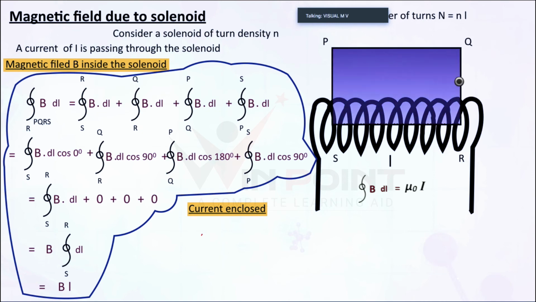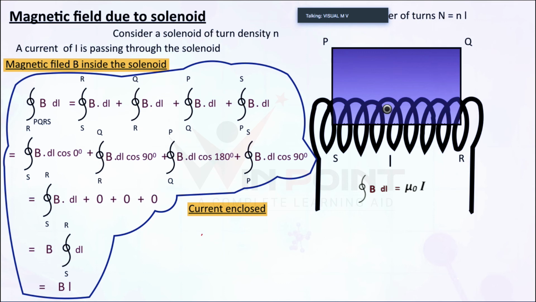This is the total area of the loop. If I am considering all the current, it is a circle, right? One current is going in, the other current is coming out. Before, I was explaining that in a solenoid, one current is going in. If I cut this solenoid using a plane, one current is going in, and from the other side that current is coming out. That is a specialty of this circle. One current is going in, minus I, the other current is coming up, plus I, so it will be 0.